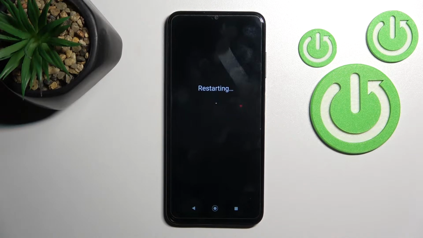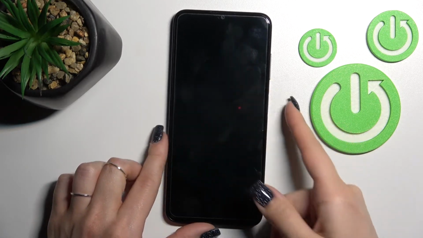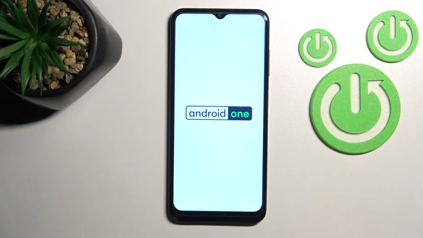And let's just wait a little bit, maybe just a minute or half a minute. So now we can see that the screen lights up. I think 30 seconds will be enough, and after that we'll go back to the system section